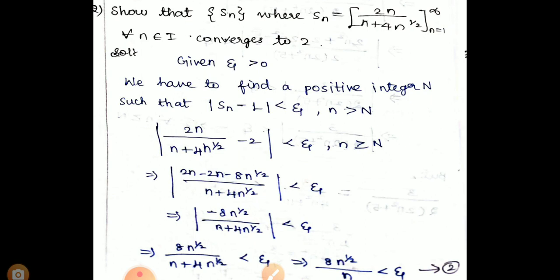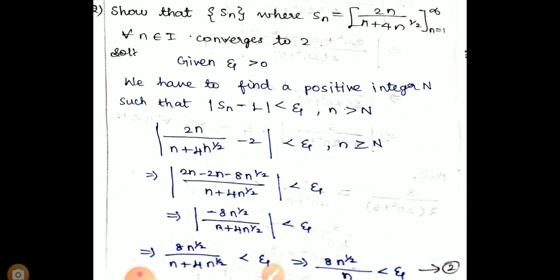Now we have to multiply with the minus, so we are getting 2n minus 2n minus 8n^(1/2). After cancelling plus 2n and minus 2n, we are getting minus 8n^(1/2) divided by the denominator term n plus 4n^(1/2), which is less than epsilon. Now take the positive value from the modulus, so 8n^(1/2) divided by n plus 4n^(1/2), which is less than epsilon, which is equal to 8